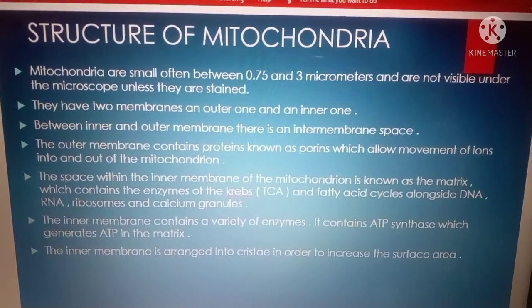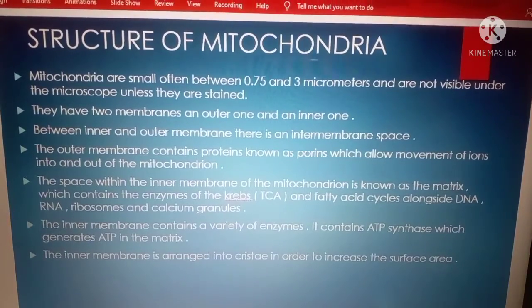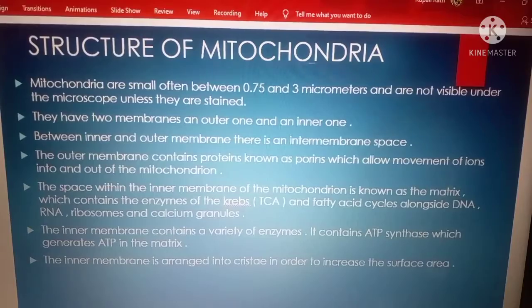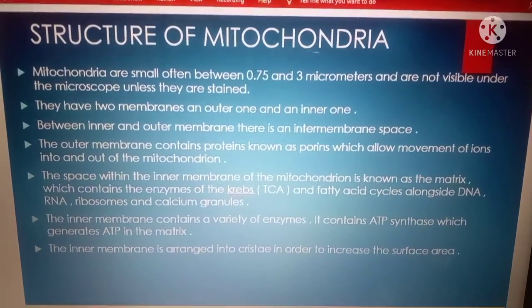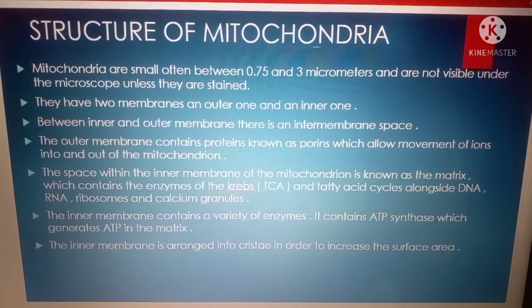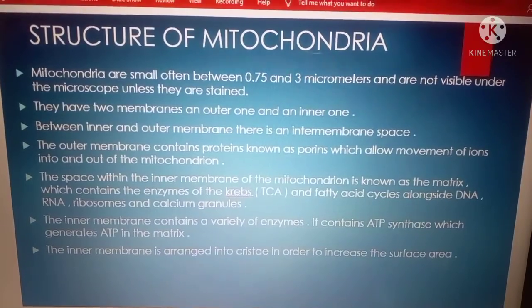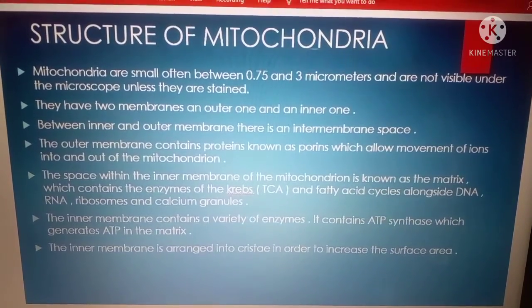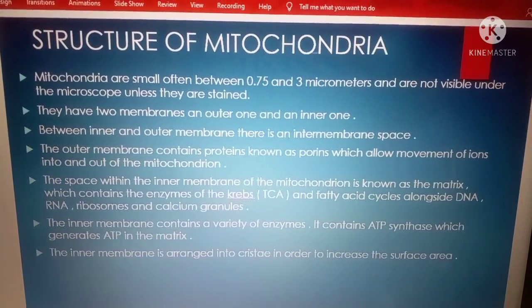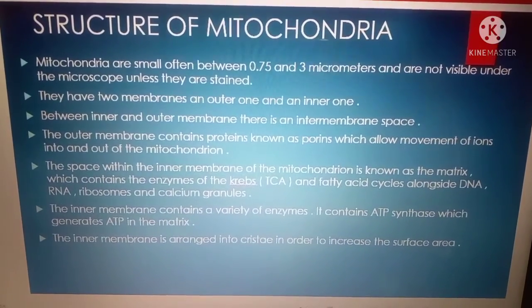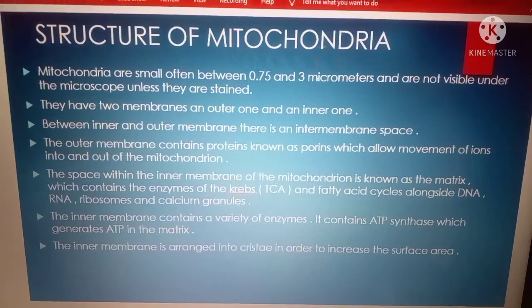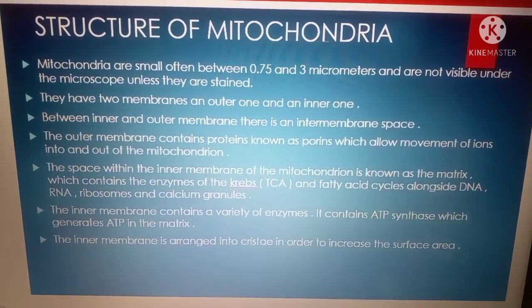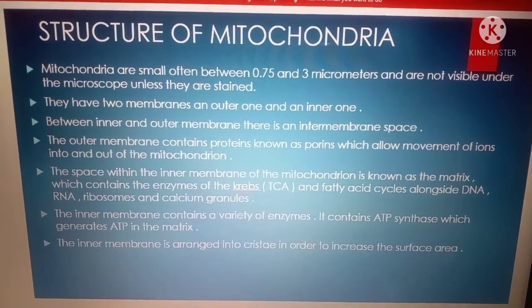Now we'll consider the structure of mitochondria. Mitochondria are small, often between 0.75 to 3 micrometers, and are not visible under the microscope unless they are stained. It has to be stained, then we can observe it. They have two membranes, an outer one and an inner one. Between the inner and outer membrane there is an intermembrane space. As you observe in the diagram, between the inner and outer membrane there is a space that is called the